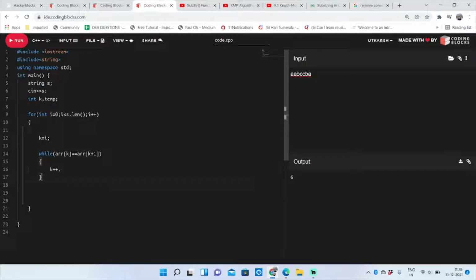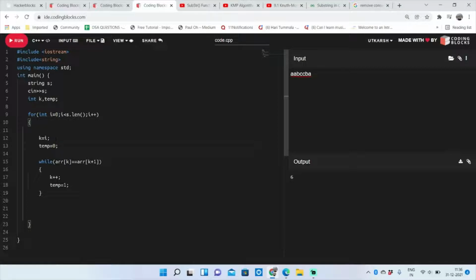So what I'm doing basically is checking if the letter at the current index is the same as the letter at the next index. And if this happens, I will change the value of temp to 1, and at the start I will just put the value of temp to be 0.